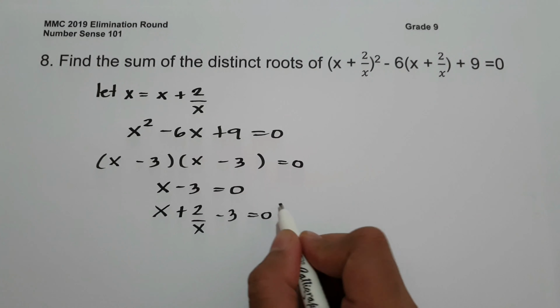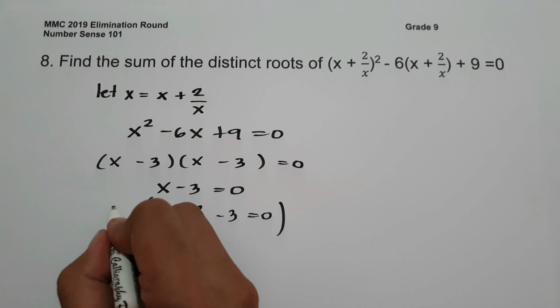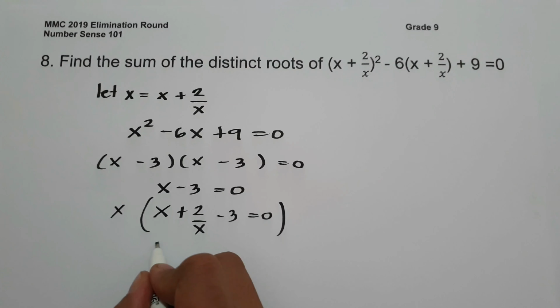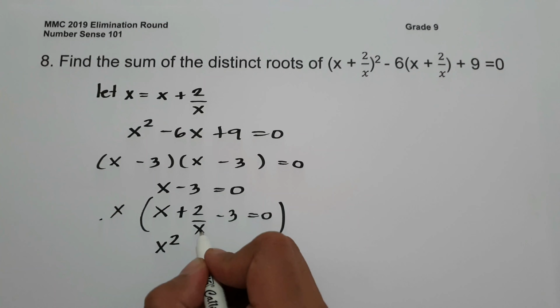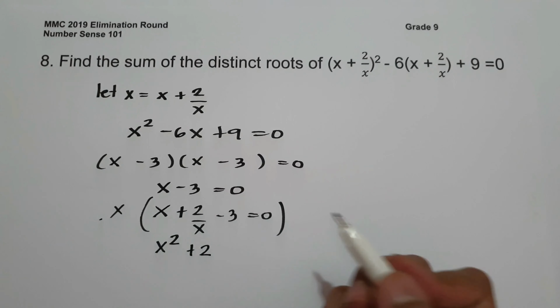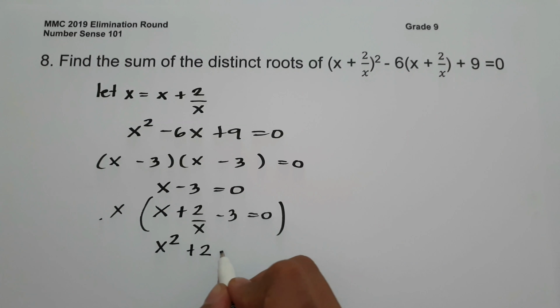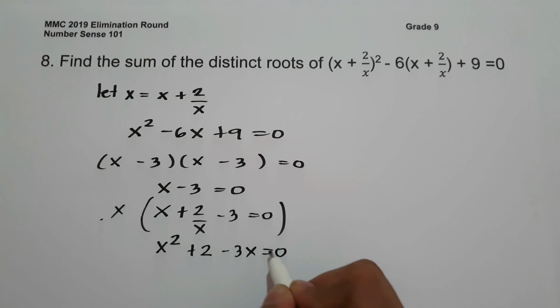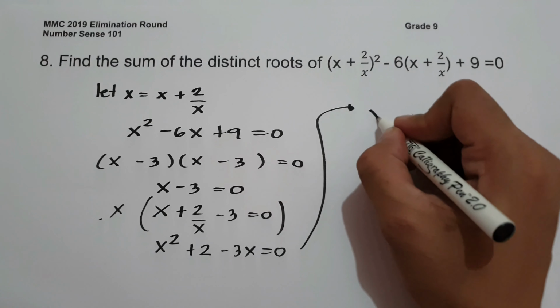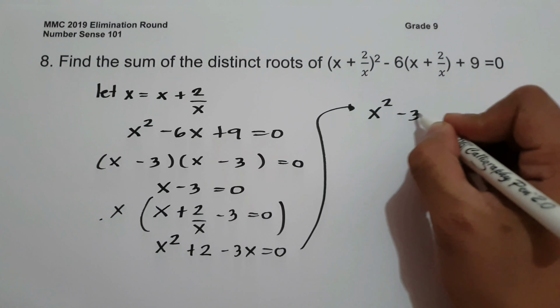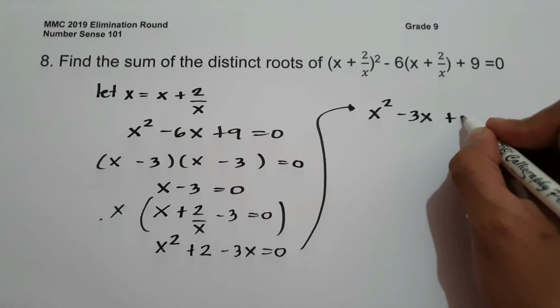And to eliminate the denominator, let us multiply the whole equation by x. x times x is x squared. x multiplied by 2 over x, that is 2. And then x times negative 3, that is negative 3x, equals 0. So let us write this one into standard form. That is x squared minus 3x plus 2